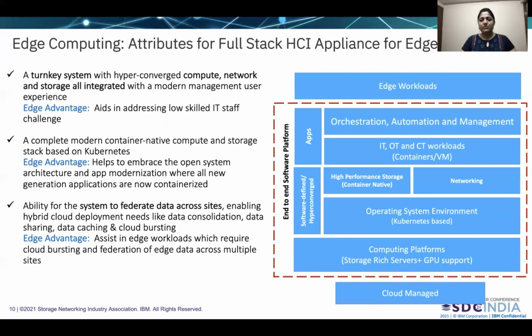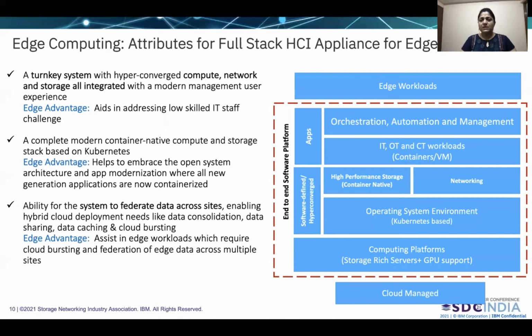Now, to enable all these attributes, the typical architecture of an HCI appliance consists of a computing platform with storage-rich servers that provide GPU support. It is aided with an operating system environment based on Kubernetes to enable container-native storage and networking.